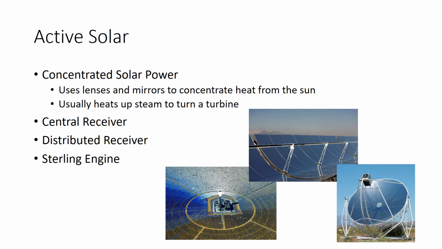Whereas in these parabolics, these circular ones, you see the engine right there is actually called the Stirling engine. And so what that's doing is that it's actually generating the electricity right there. And so there are gases inside this engine that when heated are expanding, which turn the turbine. So generating electricity right on the one solar panel, parabolic solar panel. So that's pretty cool. Lots of different ways. All right.